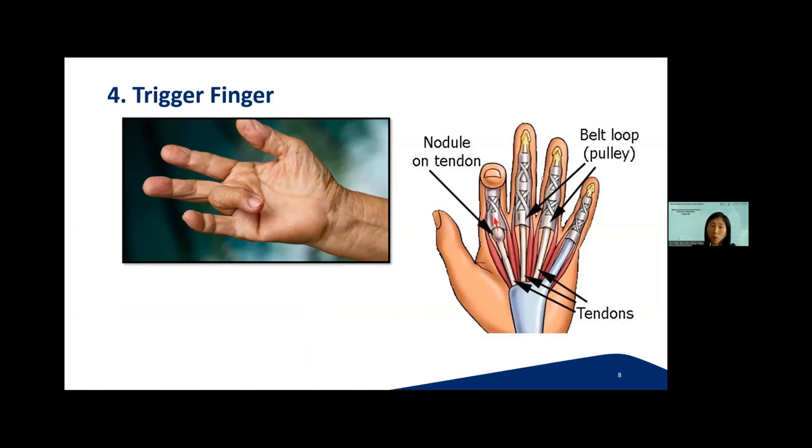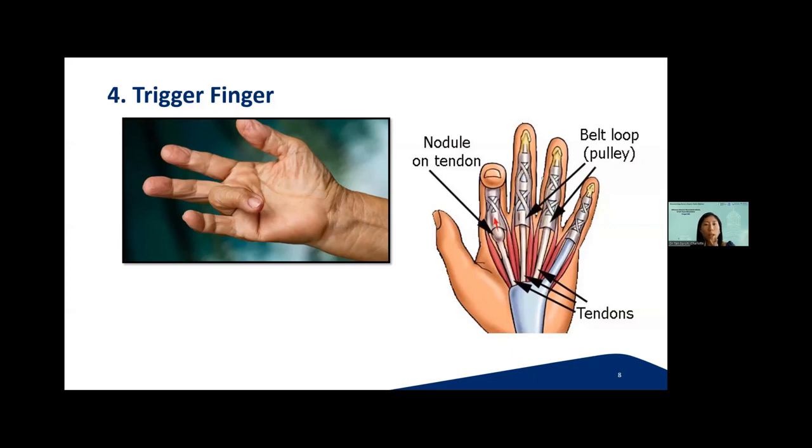The fourth condition discussed today is going to be a non-joint one, also known as what people term as soft tissue rheumatism. So this is called trigger finger, whereby one may experience a clicking or stuck sensation when one bends or extends their fingers. It is not considered a joint problem per se, because the problem lies with the tendon that's going through the pulley, if you can appreciate the photograph on the right.